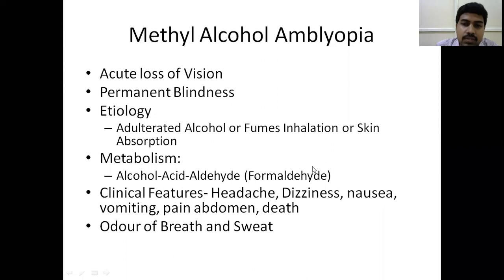So formaldehyde causes some bad symptoms which are not liked by the patient, like redness of the skin, flushing, irritation, itching, and all. So the patient gradually develops an aversion to alcohol. That's why it has been used in de-addiction. So this methanol, if you consume it in a higher quantity, it forms a lot of aldehyde, formaldehyde. That formaldehyde finally leads to death and blindness.